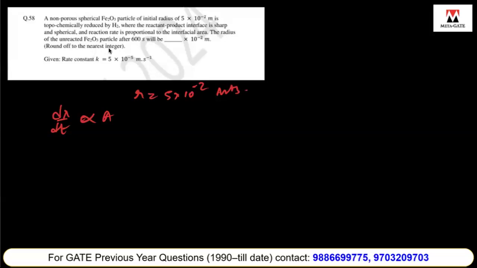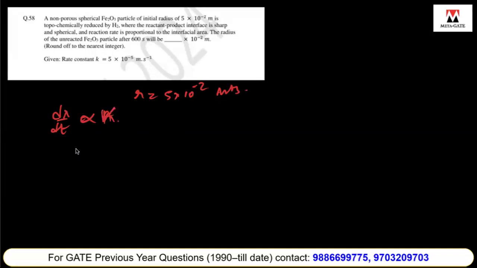The radius of the unreacted particle is, if you'll see, so it is given as dr by dt is